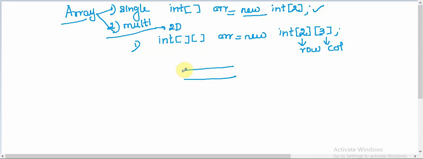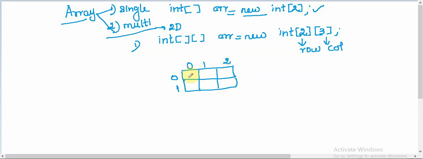Multi-dimension array means it's an array of arrays, right? So first this can be the 0th row, and then we'll create the second row, and this is indexed by 1. We know the array index always starts from 0, 1. So here since we have 2 rows, this is the 0th row and this is the first row. And then we say here we have 3 columns. So this is the first column, and this is the second column, and this is the third column. So we'll be indexing like 0, 1, 2.